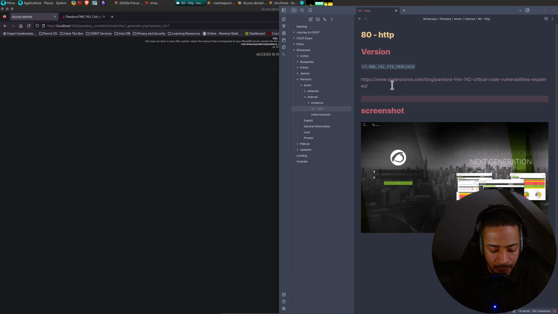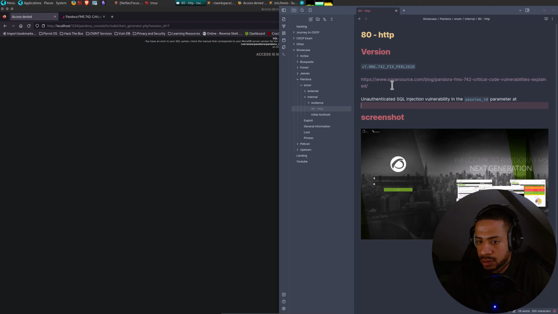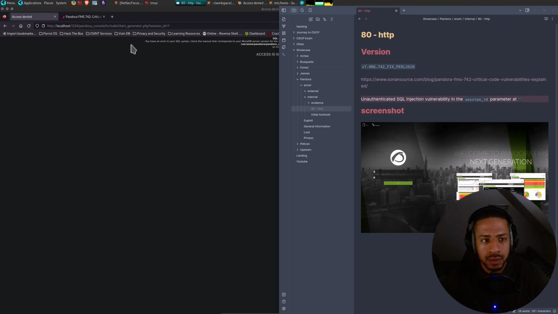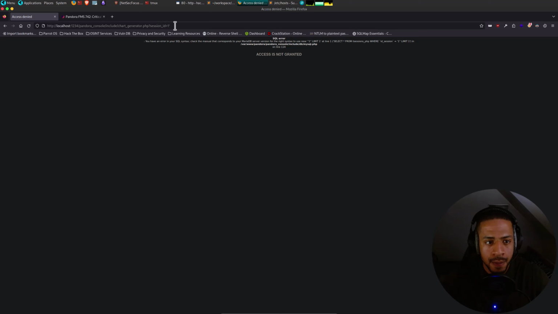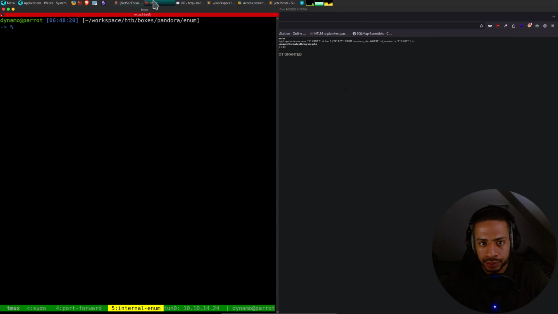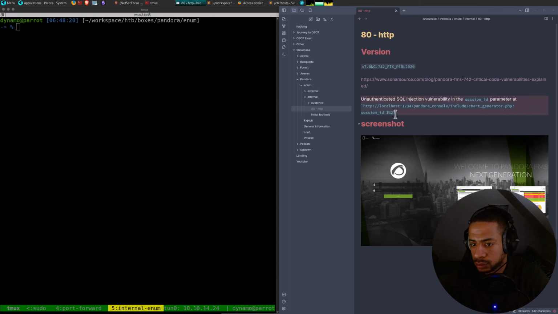So there's an unauthenticated SQL injection in the endpoint, like so.